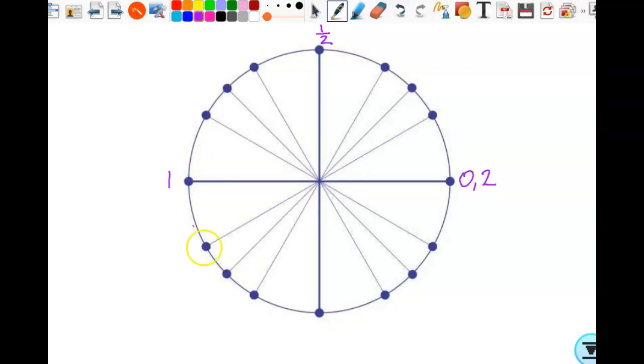2/2. That makes this 3/2, which makes this 4/2, which is 2. Halfway between 1/2 and 0 is 1/4. So I'm going to count fractionally. I have 1/4,